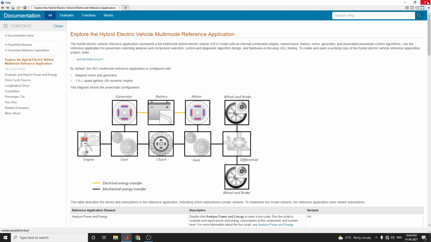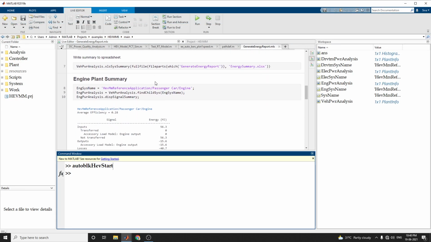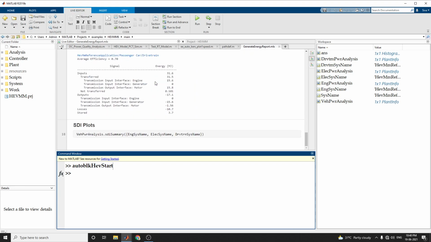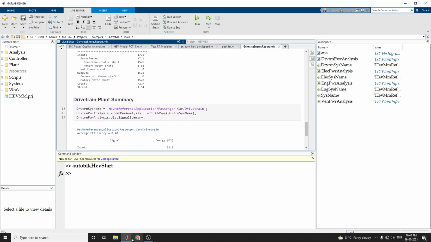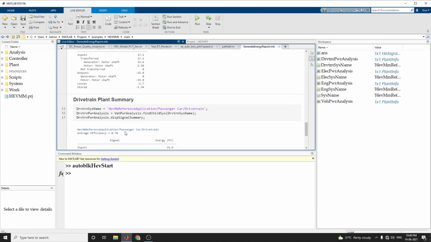This is the interactive way of analyzing this output, and we are getting this report summary, and in this manner we can get this report.